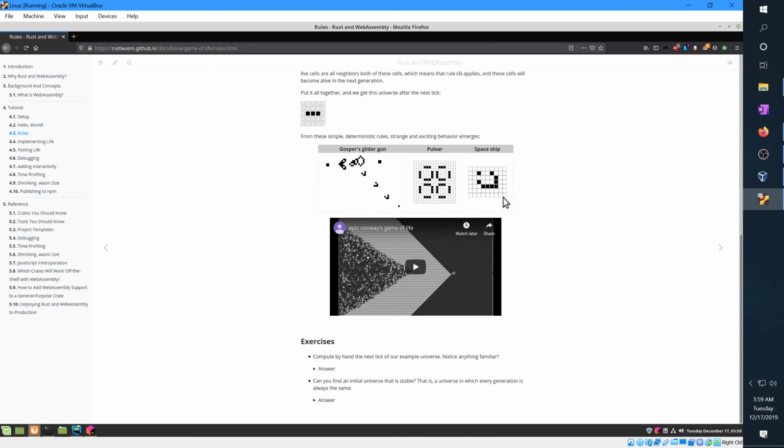And his goal was to create something that could throw off these little pixel things, like a little pixel gun that would shoot off these little things, and they call them gliders. And he wanted to do it perpetually, so it would never stop. It would never peter out. It wouldn't just shoot out a couple gliders and then stop. He wanted this to go on forever, and he spent hours and hours and hours on the game